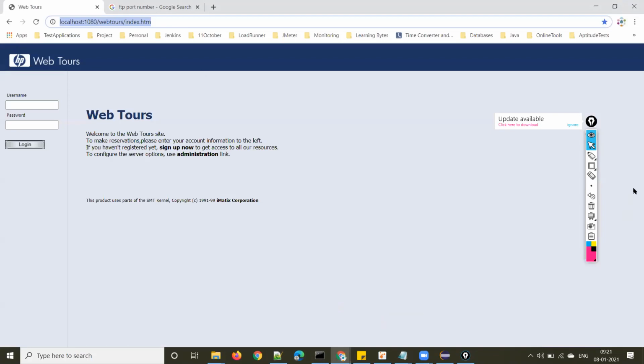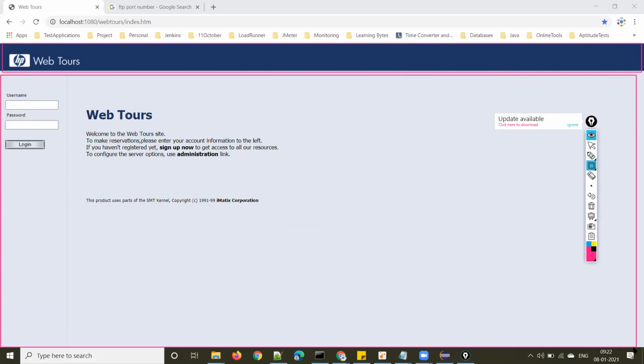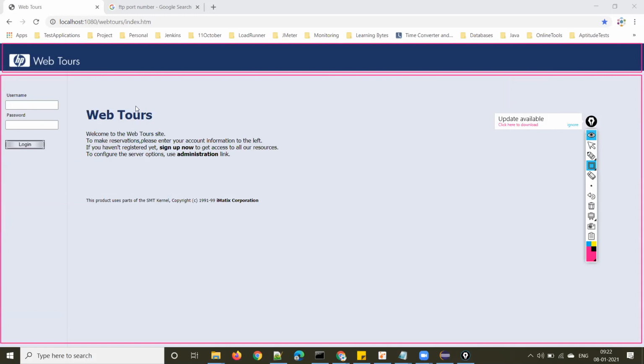The first top part is header, the blue color one. And this is the body, which is made up of the welcome.pl page. Clear, guys?